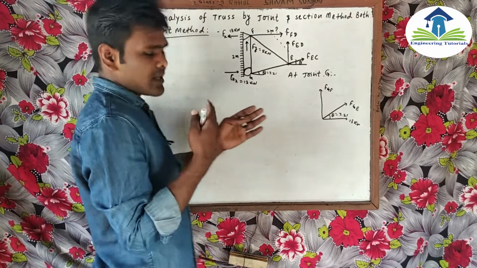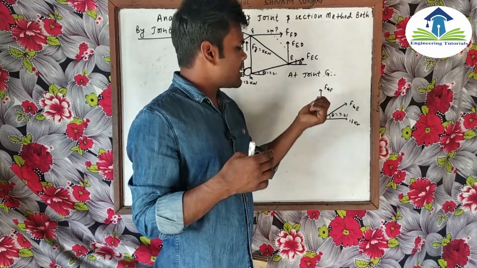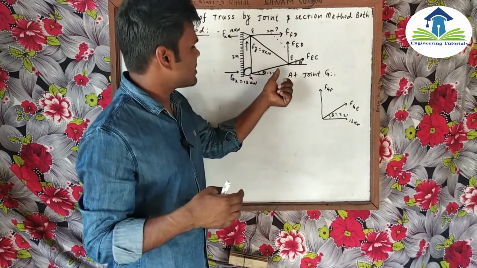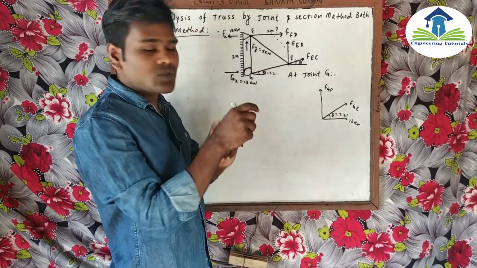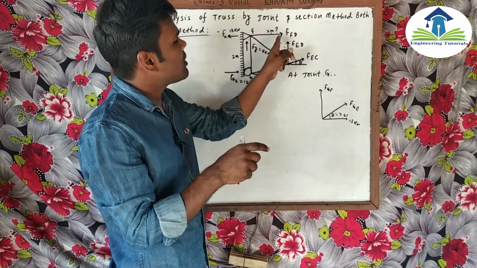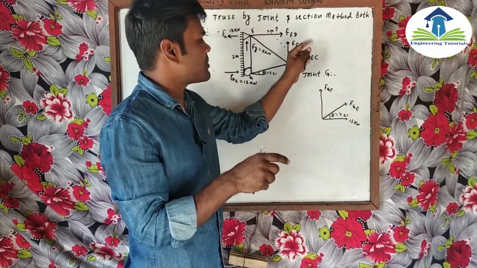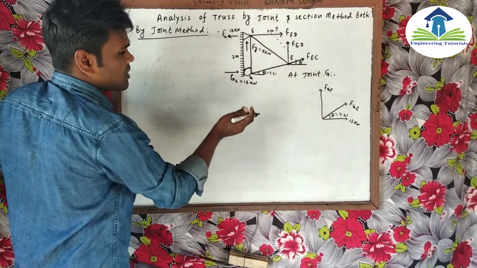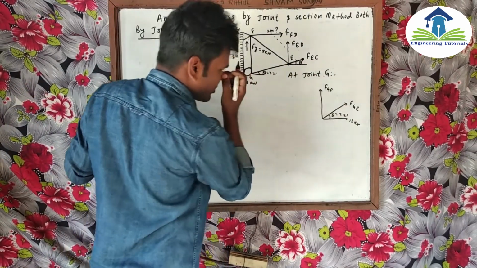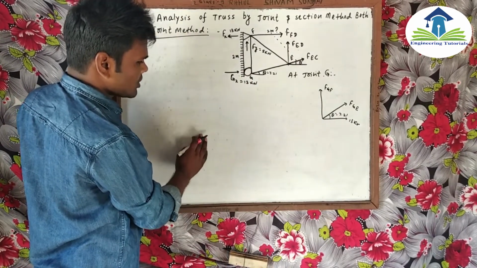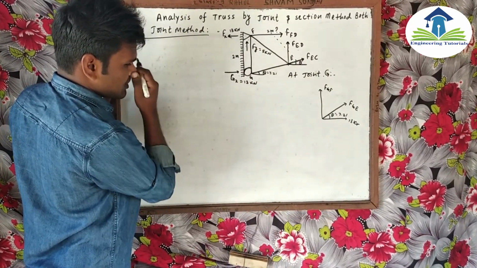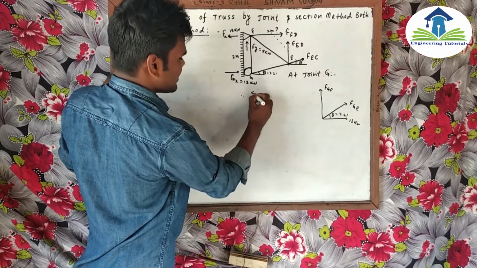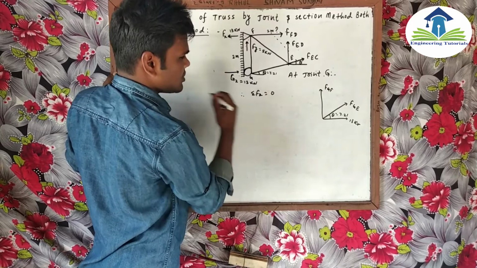Why are we going to take joint G? Because if we calculate these two unknown forces, then taking joint F, we can calculate the values of members FFD and FFE. So let's calculate the values of these two unknown forces. At joint G,